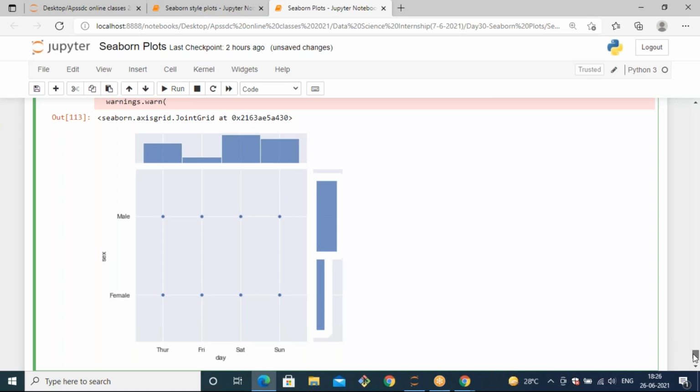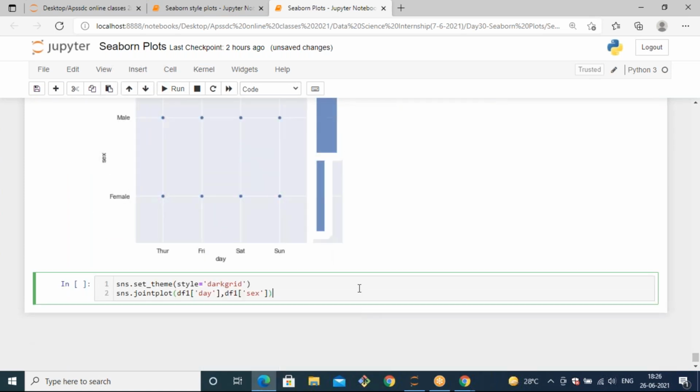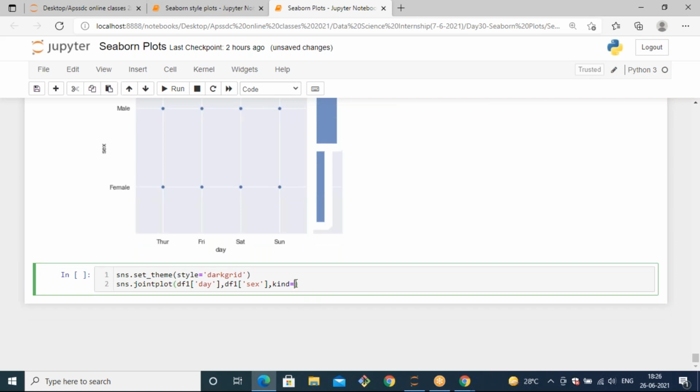If you want to change the joint plots, you can specify the plot that you want to get. With the kind parameter, you can specify which kind of plot you want to join.